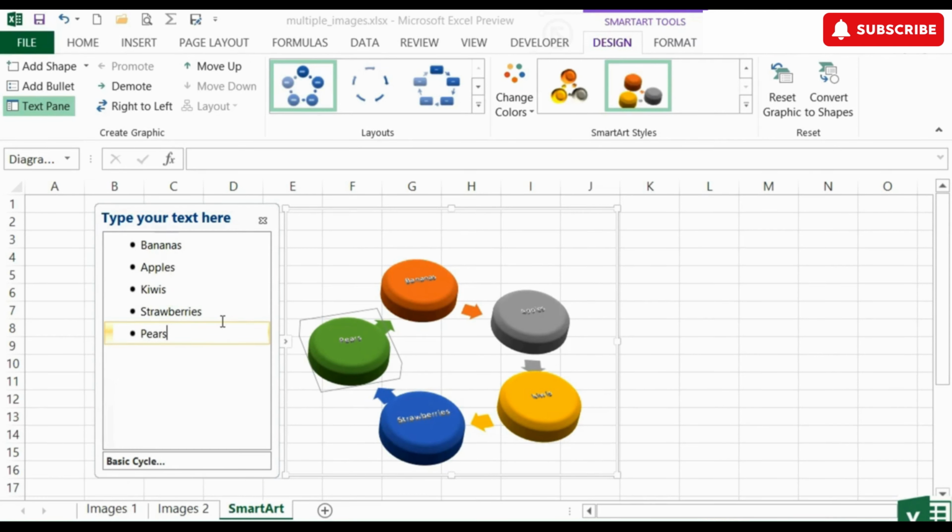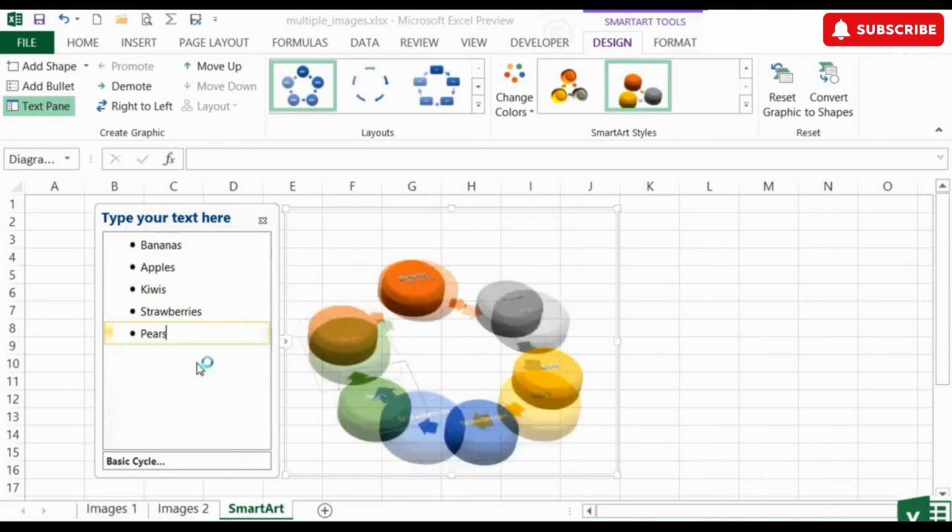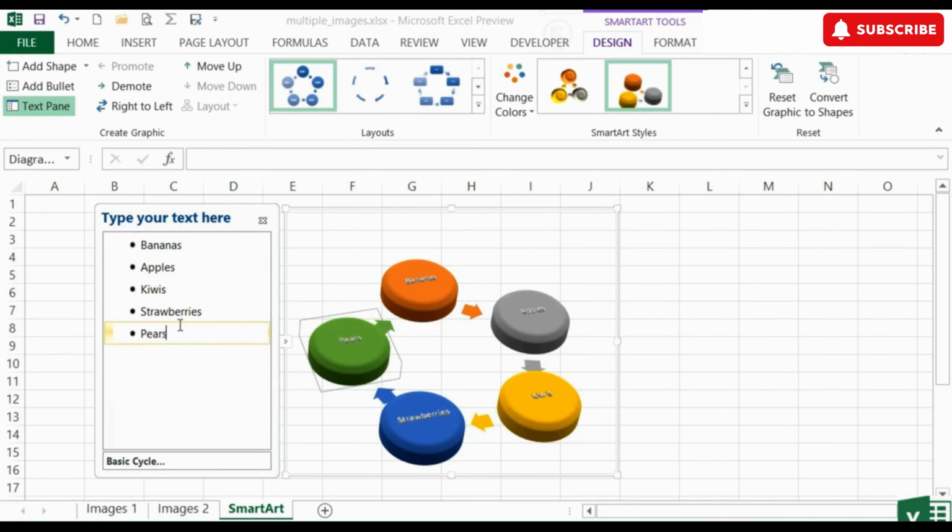If we want to add more circles to our shape, we can do that in a couple of ways. We can either click add shape. See, we get another circle then, and I need to add another fruit, tomato, and I can delete shapes by either deleting the text from one. So with tomato, I can backspace the text and then another backspace to delete the bullet point, and that takes away the circle. I could do the same for kiwis, take it away,